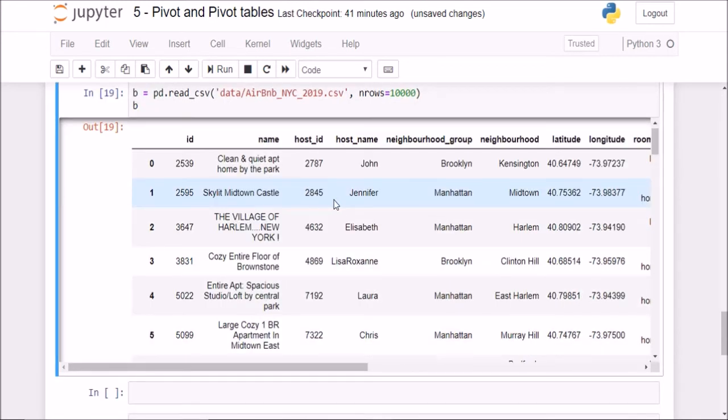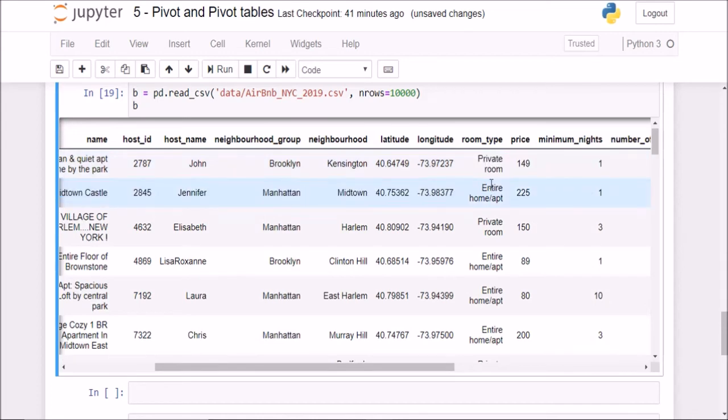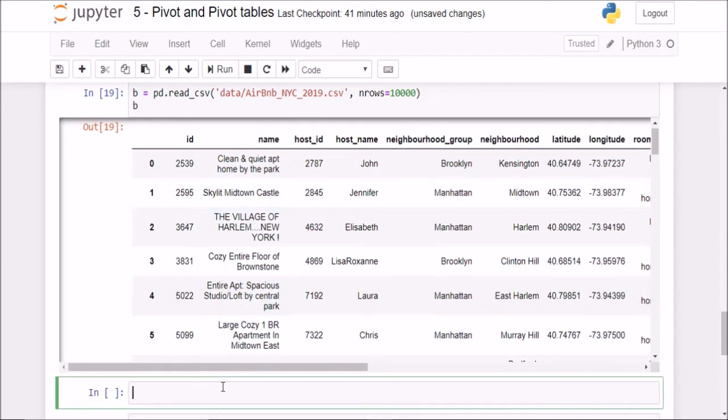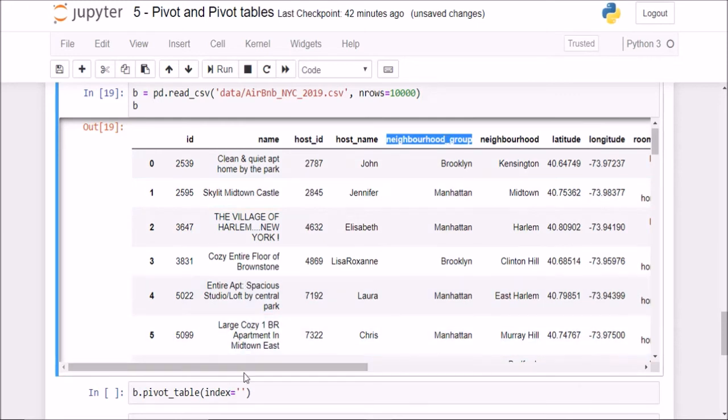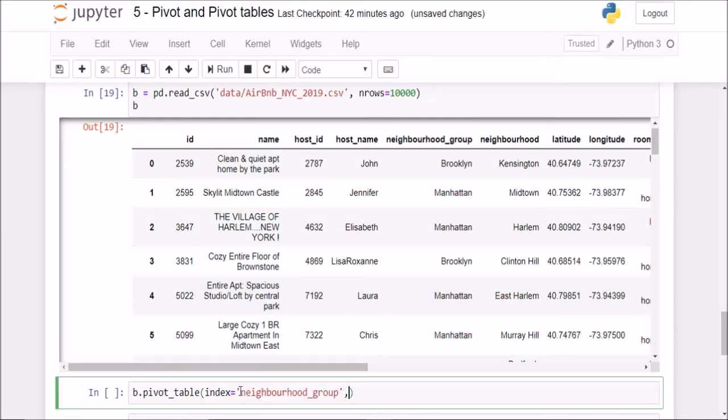Now for example, if the question at hand is to compare the prices within each neighborhood group and between each room type, we can simply say df dot pivot table. Since I have passed in the data frame name here, I'll simply say index is equal to, for example, if I want the neighborhood group on my index level, then at the column level I need the room type.